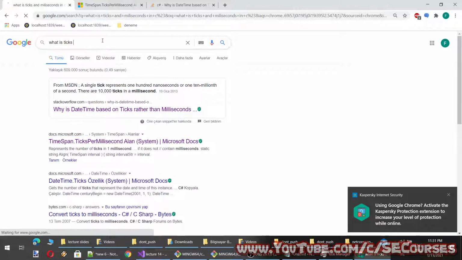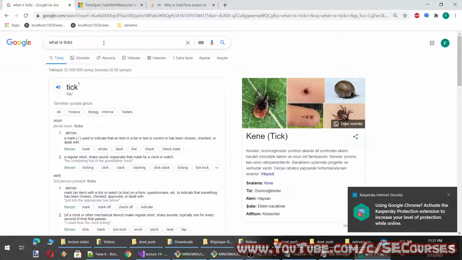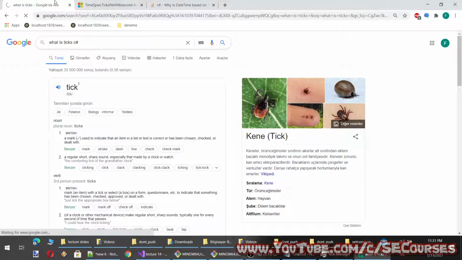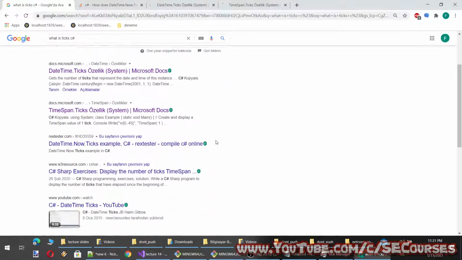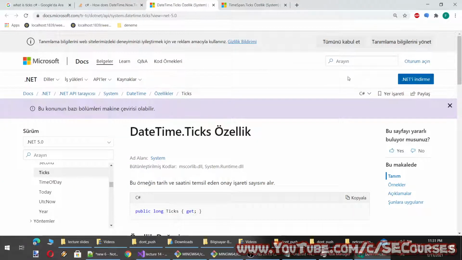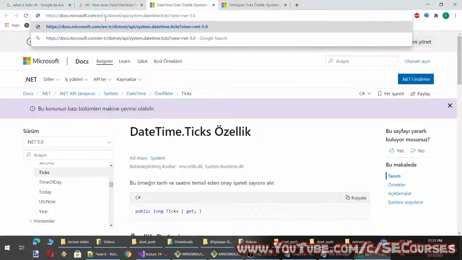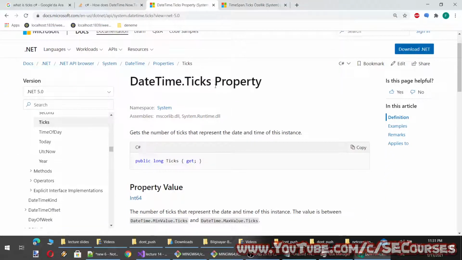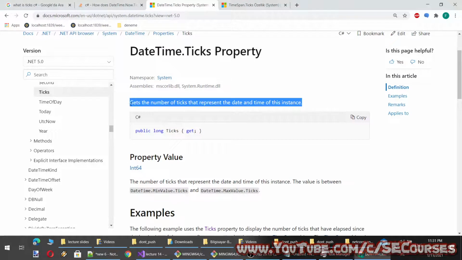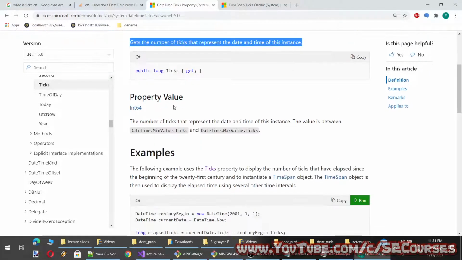And millisecond, we know the millisecond. I think we need to look up what ticks are in C#. Okay, let's see it in English, en-US. Okay, DateTime ticks property. Gets the number of ticks that represent the date and time of this instance.